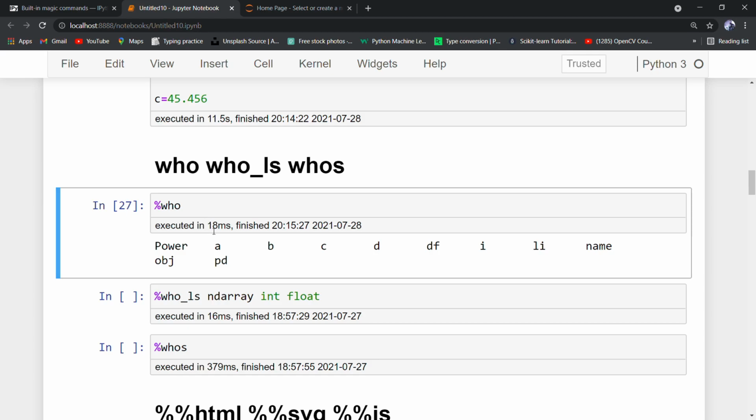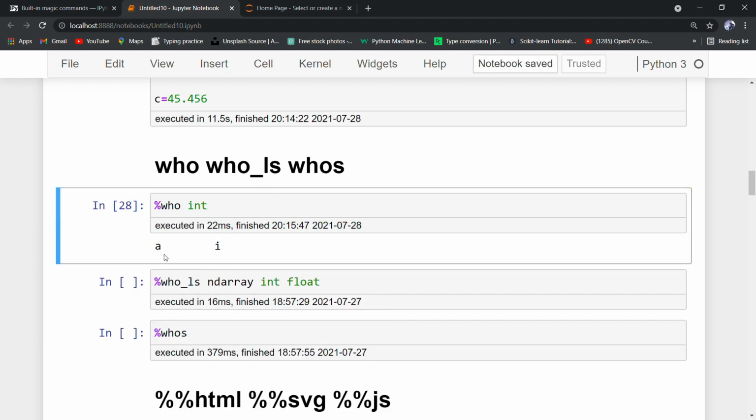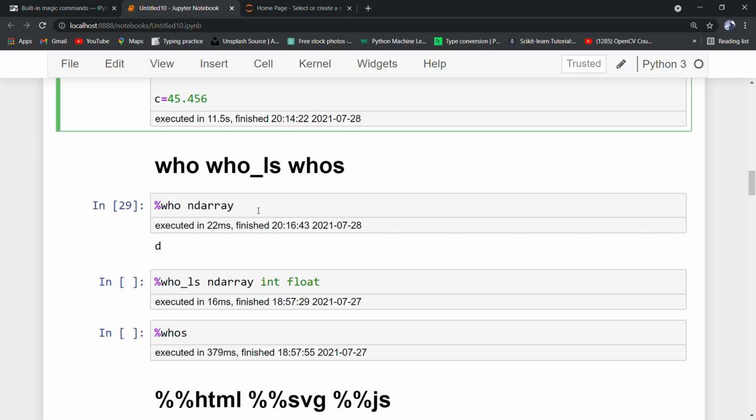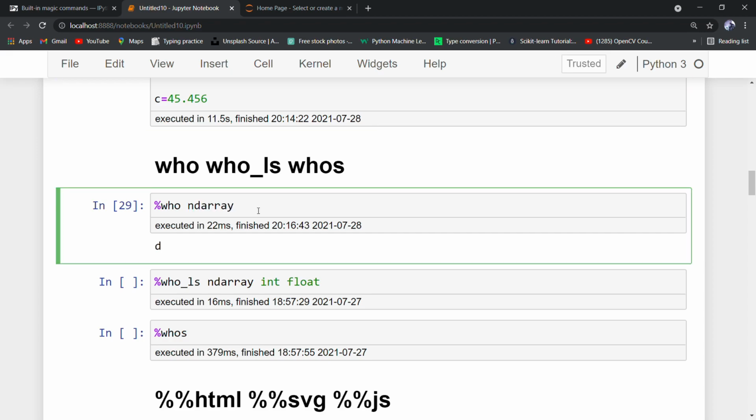So here we can see that it prints the variables. So let's say that I want to see only those variables which have the type int. So here I pass the argument int. And so here we can see a and i. We can also pass multiple arguments like int and let's say str. So we get the result a, b, d, i, and name.